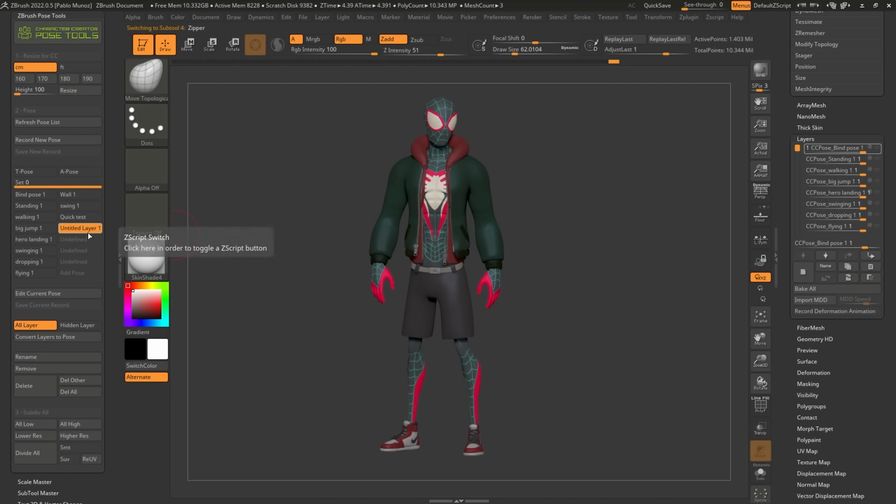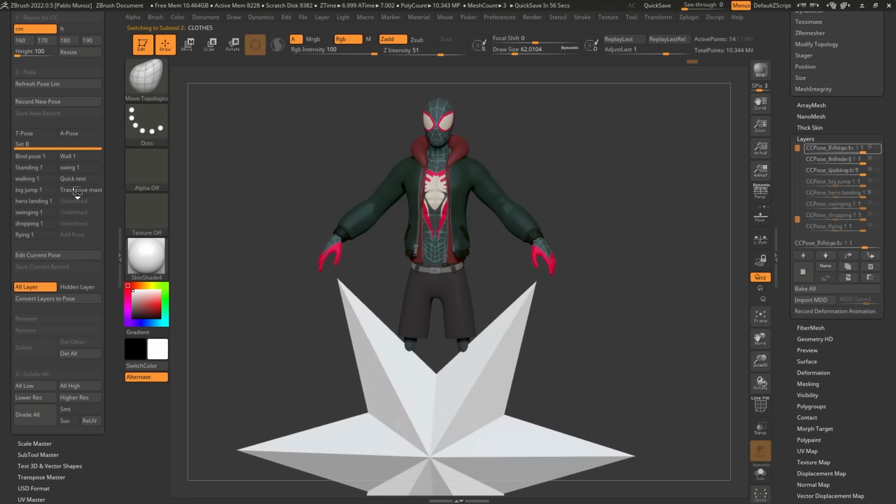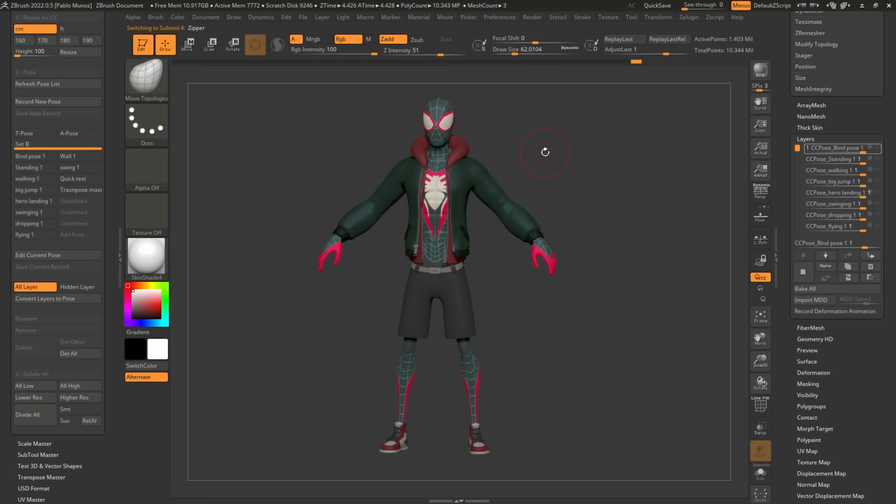So obviously I wanna make sure that I keep track of any changes and it's a little bit easier to understand. So I'm gonna rename this layer, and I can do it as well from this plugin. I don't have to rename them from the layers. Again, it will be pretty tedious to do in every single subtool. So from here, I'm gonna click on Rename, and I'm gonna call this one Transpose Master, just so I know which one it is. And you see, it just went through the process of renaming all of those layers for every single subtool, and now we have this Transpose Master. All right, so now I can just click on that one and go back to the original pose that I had.